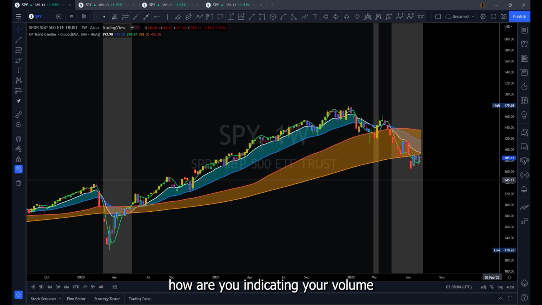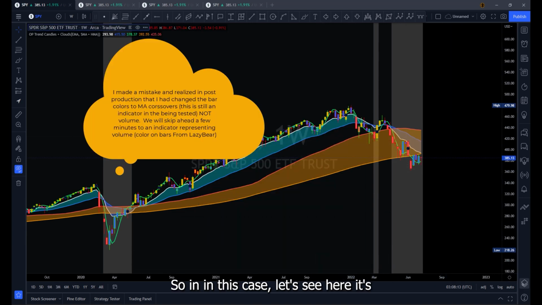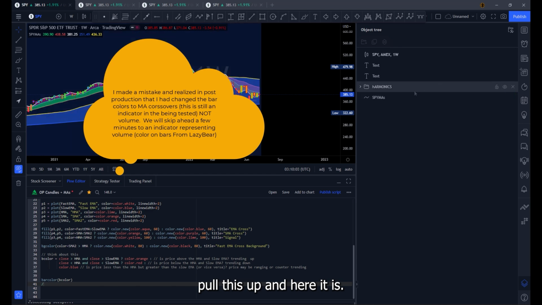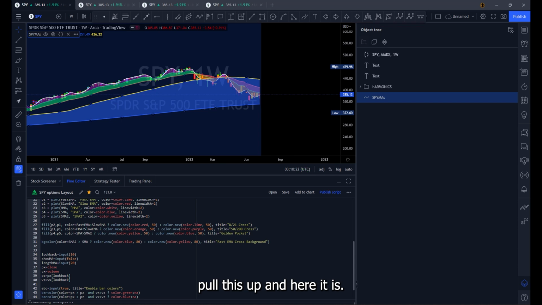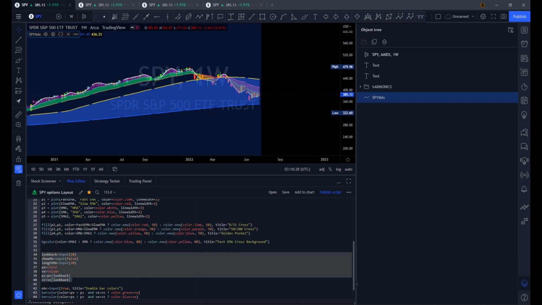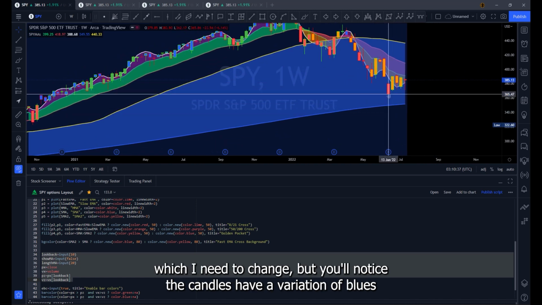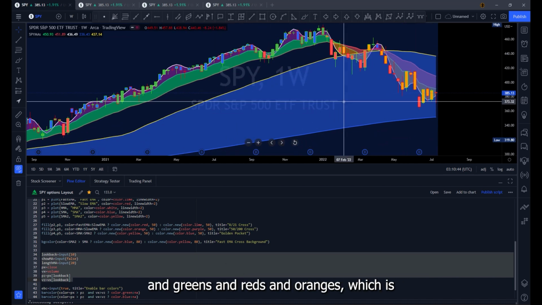How are you indicating your volume in your candles? So in this case, let's see here. Let's pull this up. And here it is. Okay, so here it is for this specific indicator. There's a lot of color up here, which defaults to some weird colors, which I need to change. But you'll notice the candles have a variation of blues and greens and reds and oranges, which is